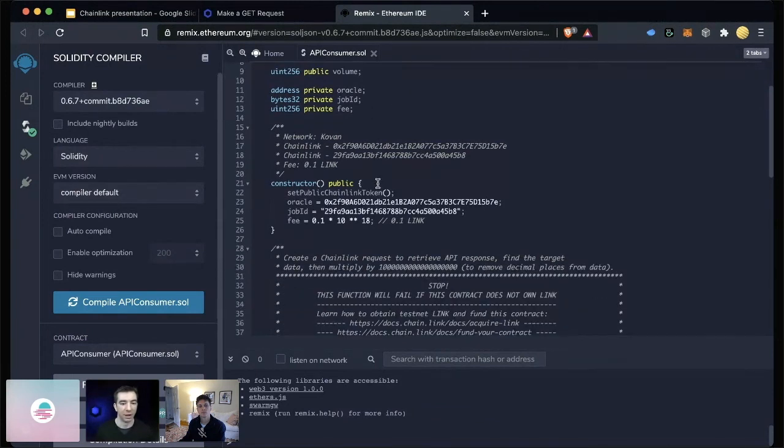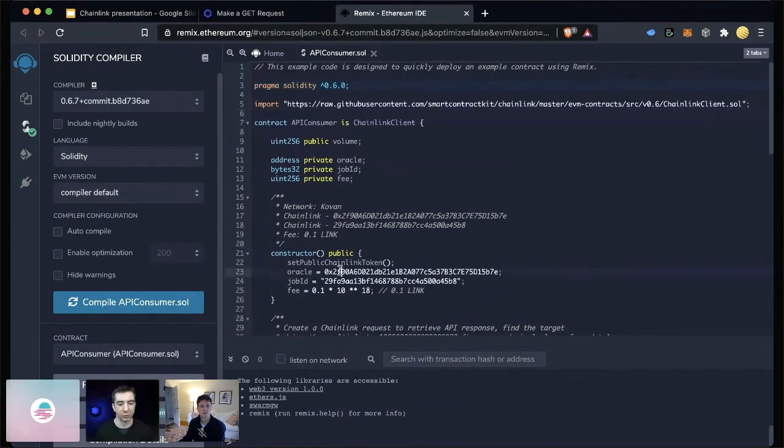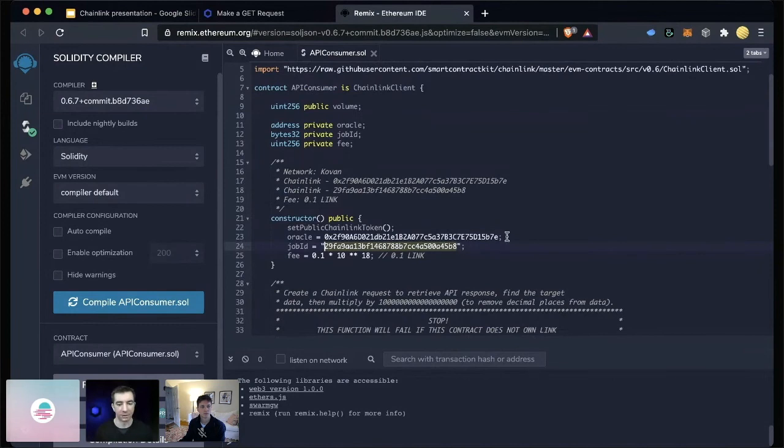So the way we set it up is we choose our oracle and we choose our job ID, right? And this is how we modularize it. We can choose a network of oracles. We can choose many different oracles. This is their oracle contract address, and we choose a job ID. The job is going to define